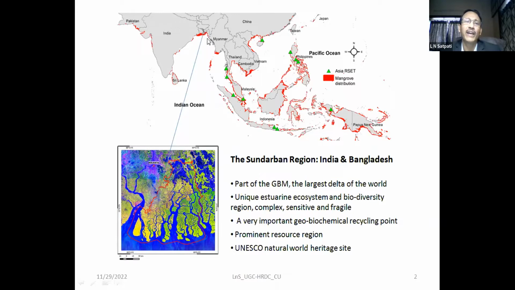It is a point I am going to show you later, how they converge in this particular area. From the seaside, it is a convergence point of all the tides, storm surge, cyclonic hazards and all that,